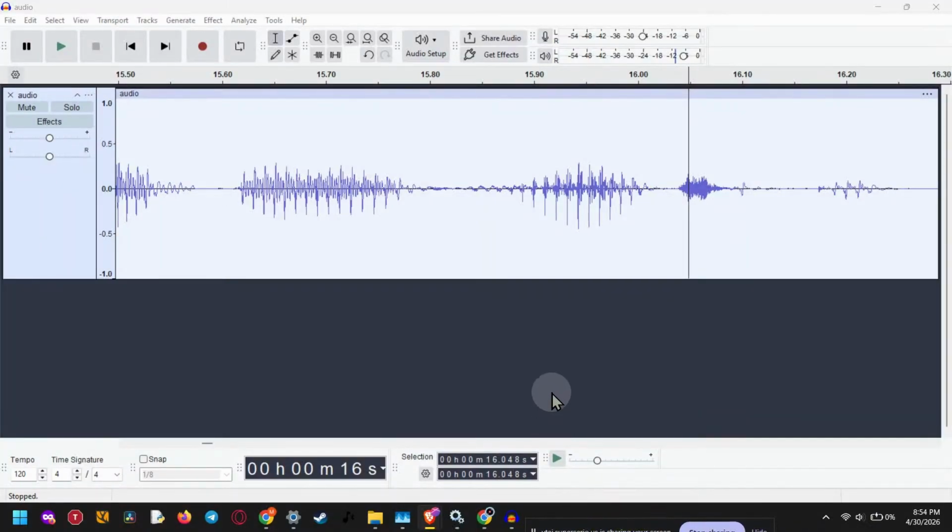If your audio sounds too boomy, muddy, or overly bass heavy, Audacity gives you a simple way to clean it up fast. In this video, I'm going to show you how to reduce bass in Audacity, and I'll also show you an alternative method for removing deep rumbles like wind, traffic, or low-end hum. This is especially useful for voice recordings, podcasts, interviews, and any audio where the low frequencies are making the sound